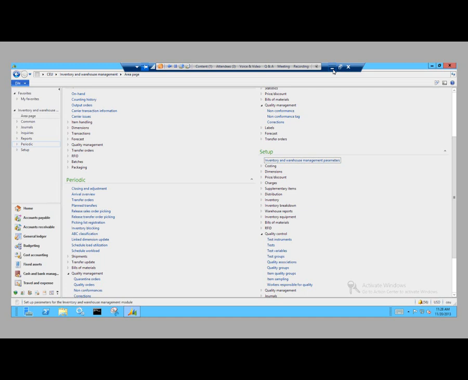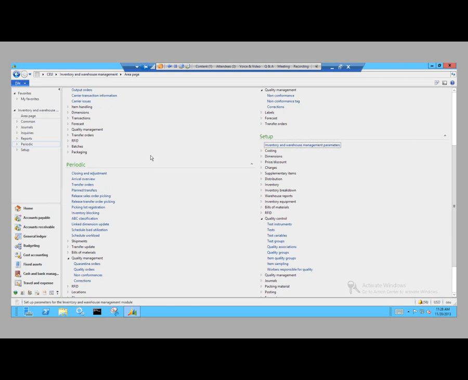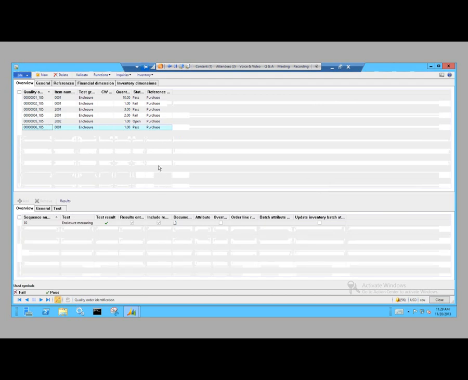So I've set up a few purchase orders that we can look at as examples, but before I do that, I want to create a manual quality order. So we're still in the inventory and warehouse management module. Under the periodic section, we go down to quality management and then select quality orders. And again, we're going to create a manual quality order here. So we'd simply click on the new button,